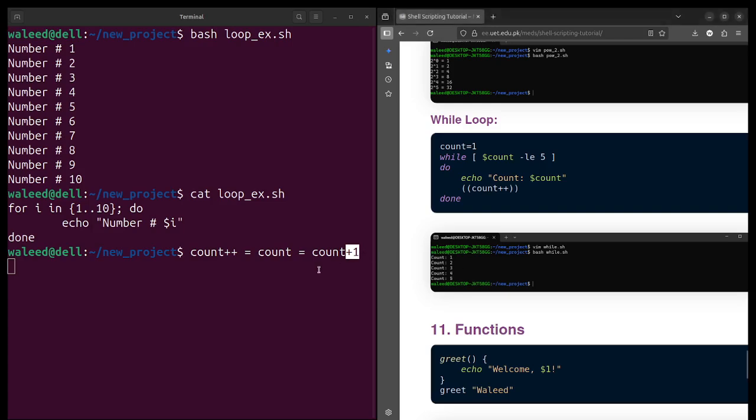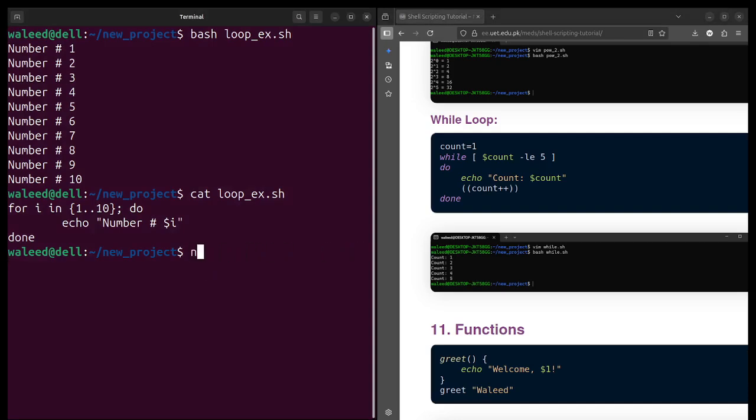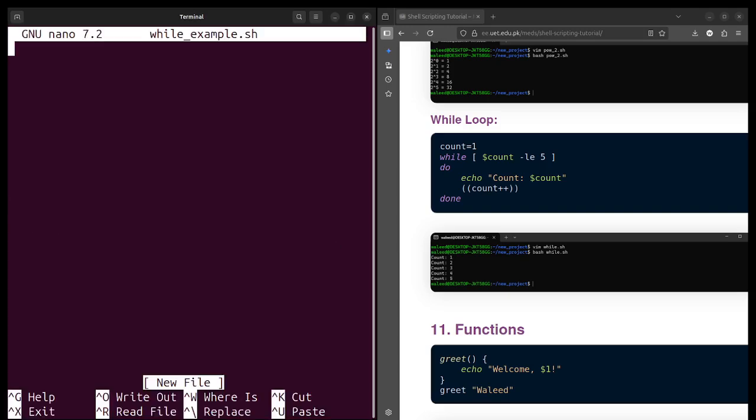For instance, if I write this program in a file, let's say while example.sh. In that file, I just initiate round, let's say with 1, and then we'll use a while loop in which I dereference round, and for example I want to go till 99. So I will simply write 99.